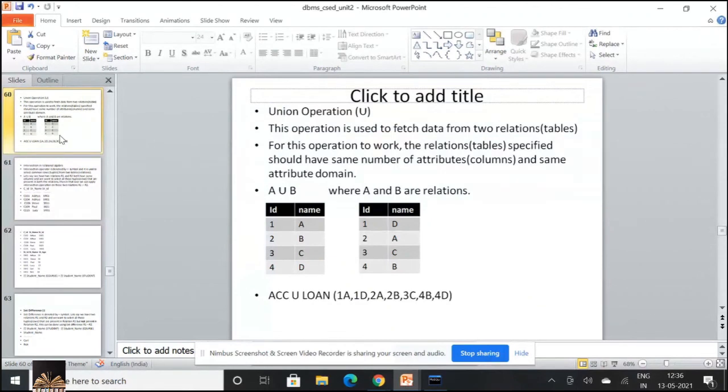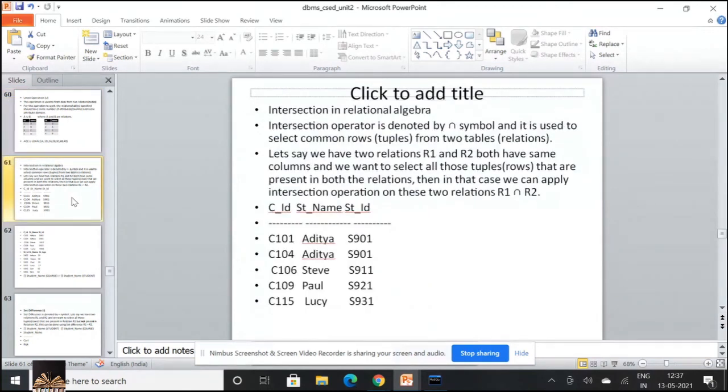Both the relations should be union compatible in order to apply union operation. How you work with this in MySQL would be covered in the next chapter, which I'll start in the next class.